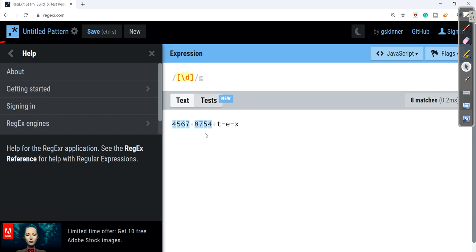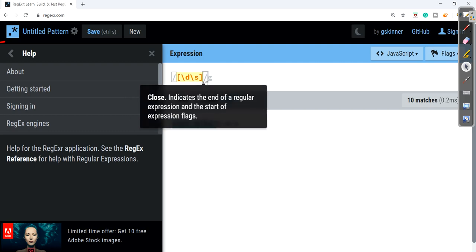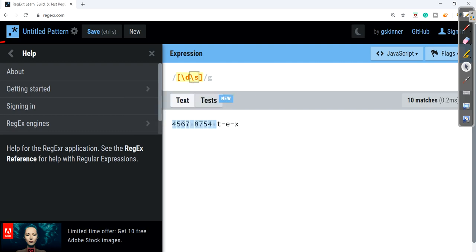So here we will get all the digits. Now for matching the space, I can write backslash S. So here we got all the digits with spaces. And if I want just the spaces, I can take out backslash D so as to get only spaces.